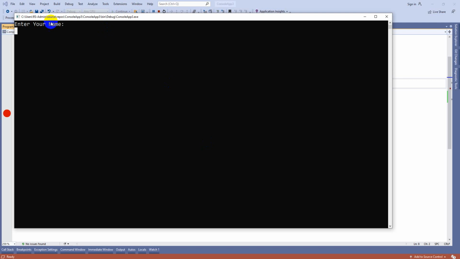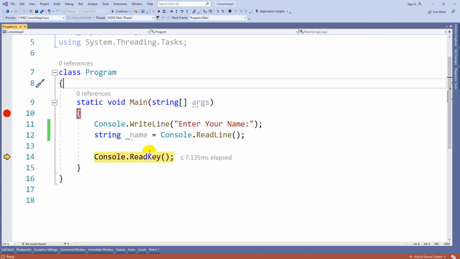Now you can see it is asking for input. Suppose I enter some name and hit the enter key, the cursor will come back here. If you take the mouse on top of this variable, you can see the name which I entered, stored into the variable name through Console.ReadLine. We had entered John, and this value was stored into the variable name.